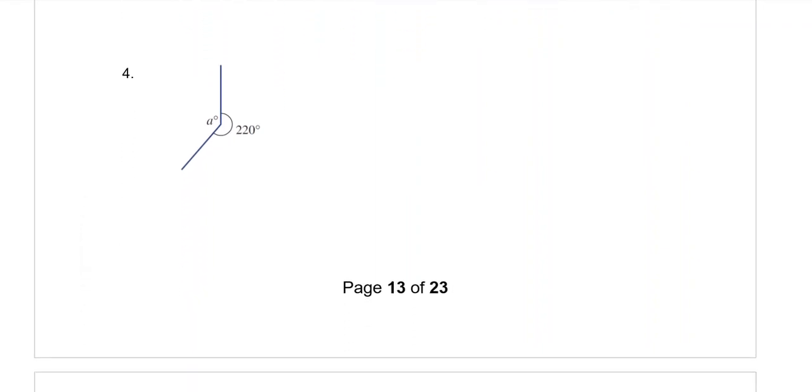Question 4, we have angle A, a big obtuse angle over here, and the 220 on the other side. Now those two angles together are going all the way around a revolution or all the way around a point. We call this angles at a point. These two angles add to 360. So we say A plus the 220 is equal to 360 because angles at a point